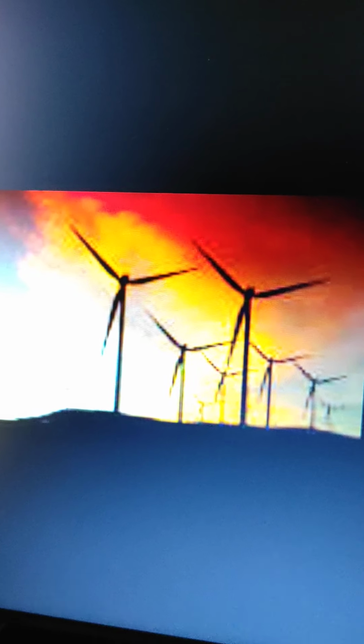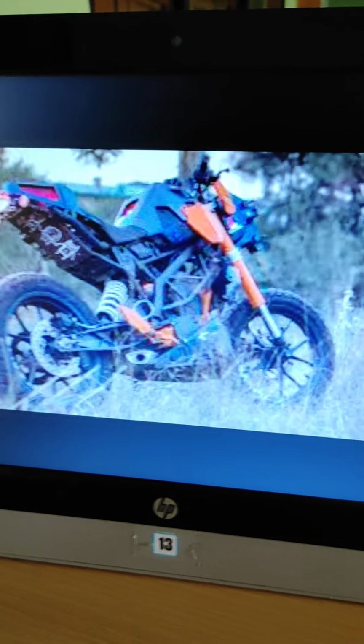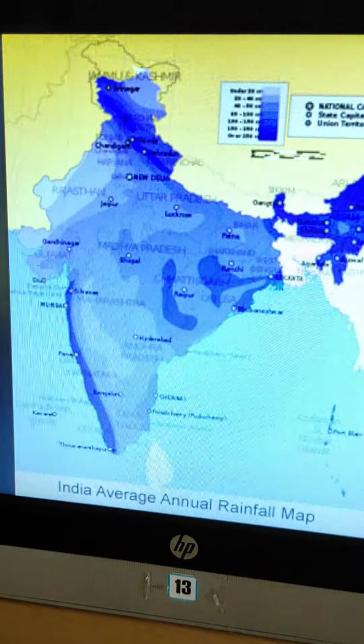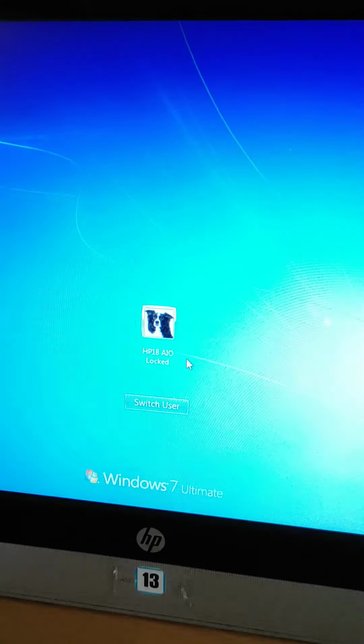Now I set a picture screensaver here. That's why pictures will come one by one. You can set a bubble screensaver. Again, different screensavers are available on your computer. You can set any screensaver. Now I already set the picture screensaver here. That's why you will get one picture after another in this way.